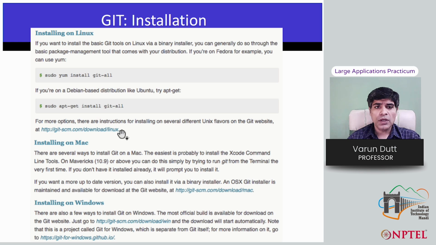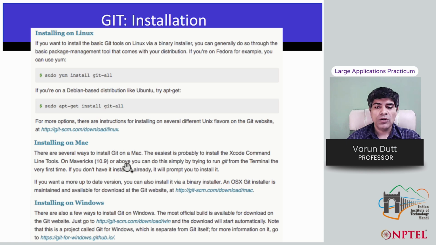So I'm going to tell you how to install Git. This is something which we have already seen in the last lecture, but you need to run this kind of command on a Fedora based Linux system. And for a Debian based distribution like Ubuntu, which we had seen, to install Git, if it's not already there, you're encouraged to run the apt-get install git command.